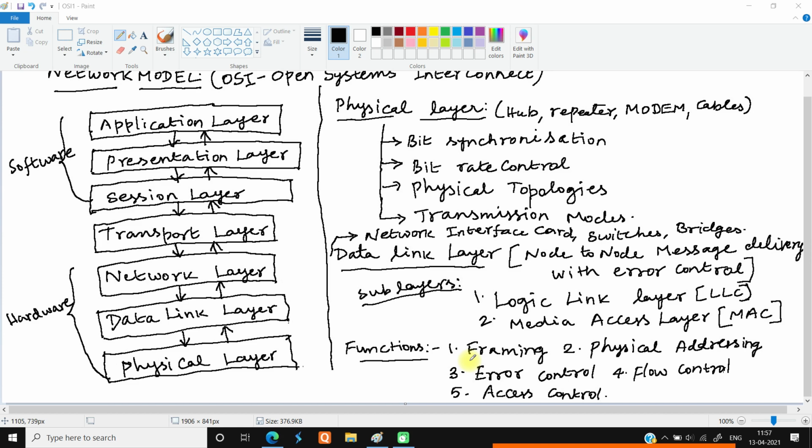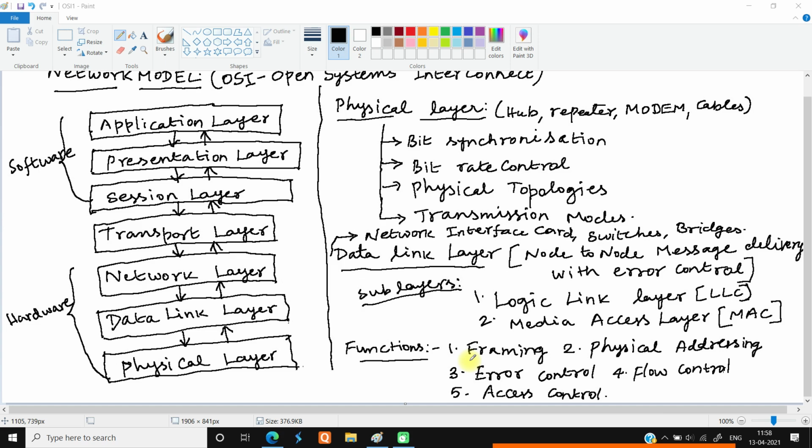And also the flow control. The flow control will be the control which makes the data rate to be constant. So the next is going to be the access control. So access control will be giving control over the devices which are going to be used in the network, and also the communication, that is the sending and receiving of the data bits in the communication line.